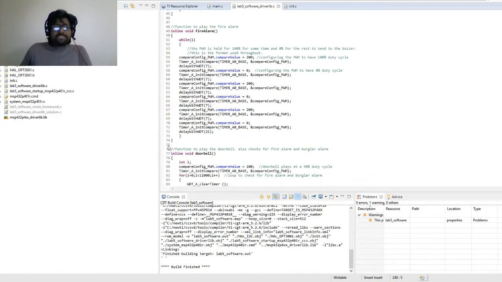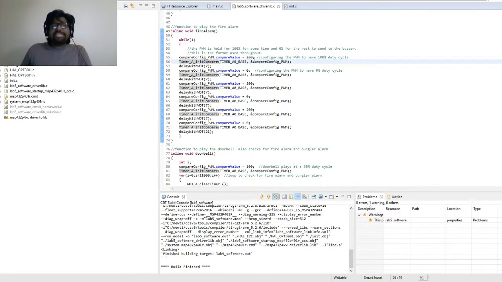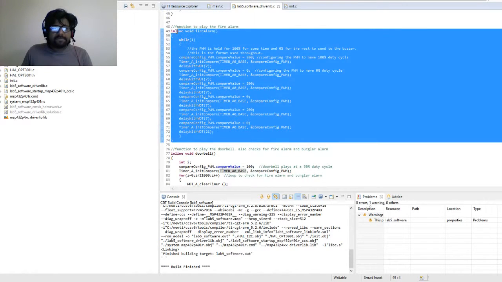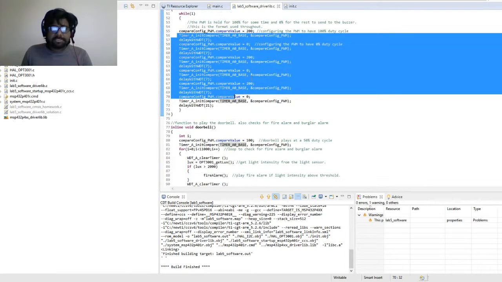The fire alarm function, basically what we do is, by changing the value of the duty cycle, we create a tune. With different values of the duty cycle, we create a tune, and while the control is inside the fire alarm function, nothing else needs to happen. It only needs to play the tune, and only a system reset can take it out of this loop because it has the highest priority. So this is a fairly straightforward function. We'll come to this tune when we do the hardware demonstration.